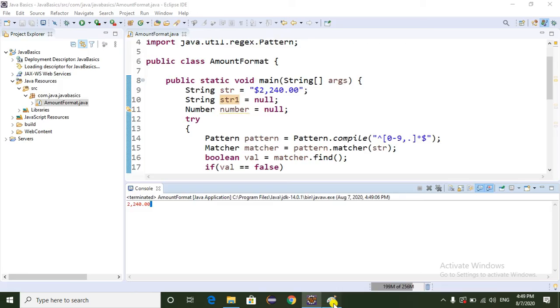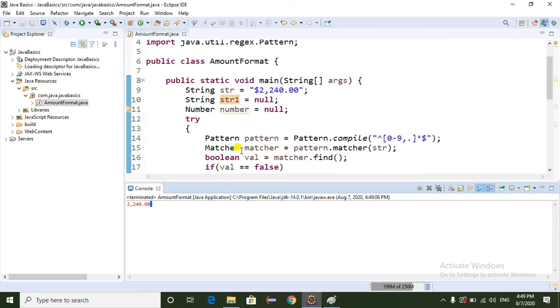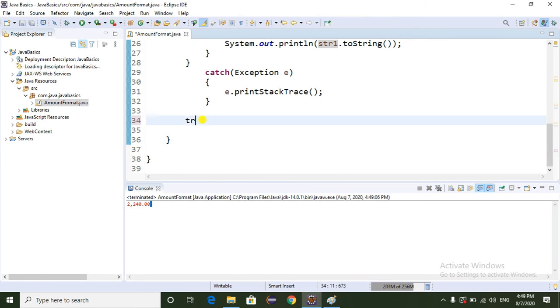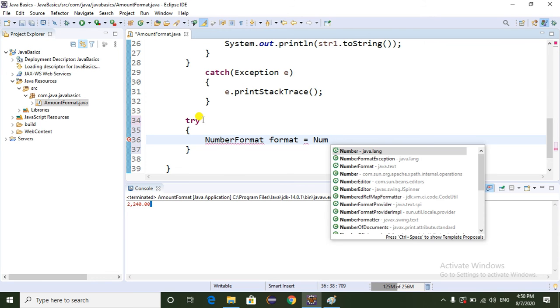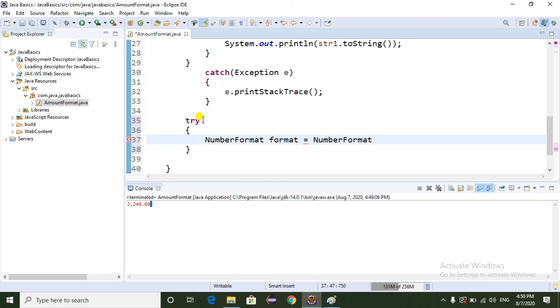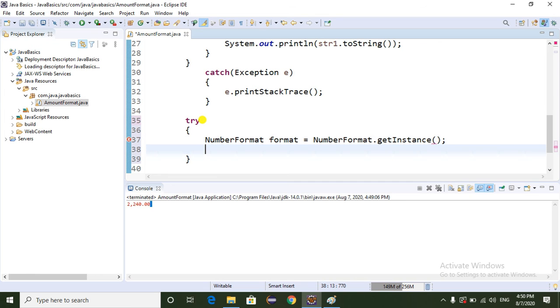Now I am going to show you the second scenario, nothing but formatting the amount, that means removing the comma and dot from the amount. Our input should be like this only, but the output should be like this. Now I am going to format the amount. Here I am going to take one try block. In this try block I am going to take a NumberFormat format equal to NumberFormat.getInstance.